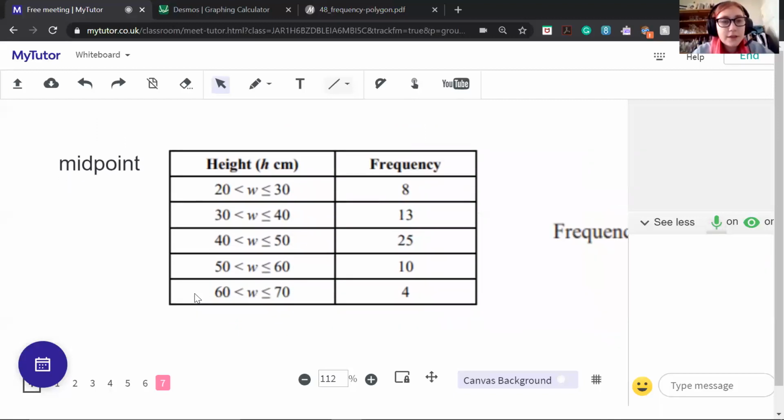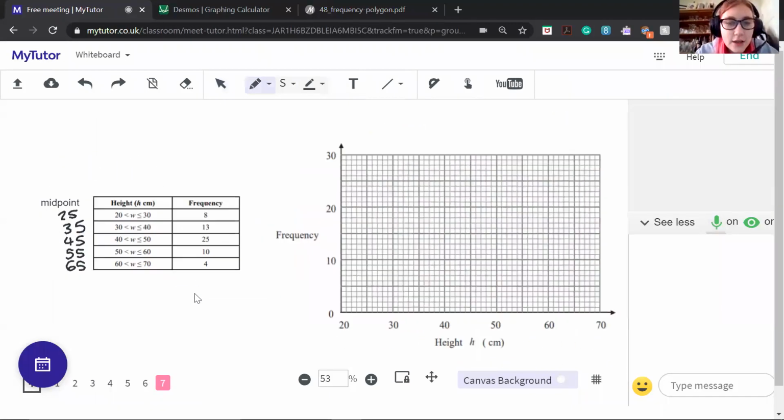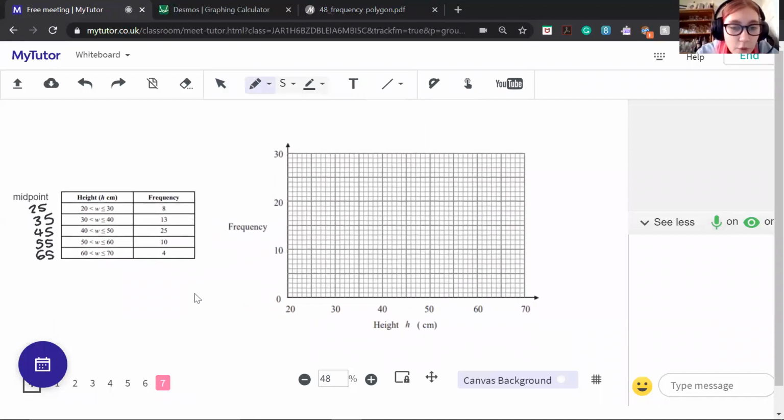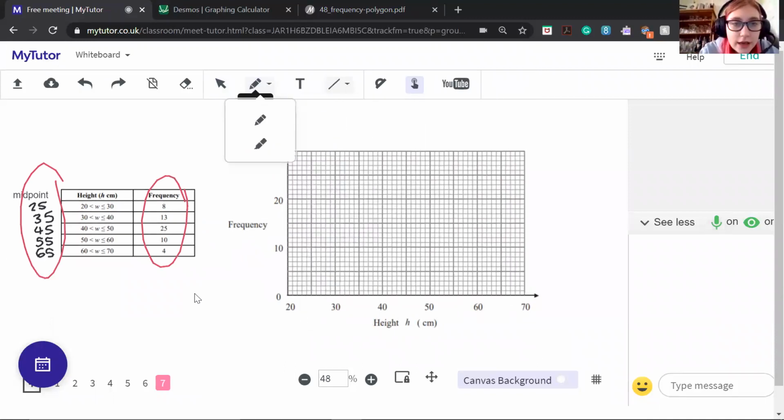So the midpoint, again, like with y equals mx plus c, actually, with the midpoint of coordinates, you add them together and divide by 2. Or we can just look at them and see what's in the middle of 20 and 30, it's 25. What's in the middle of 30 and 40, it's 35. And we do the same for all of these. Now, in this case, all of these widths are exactly the same. They're all just the next 10 centimeters, the next 10 centimeters, which works for us fine. And then what we're going to plot is the midpoint against the frequency. So the first thing that we're going to plot is